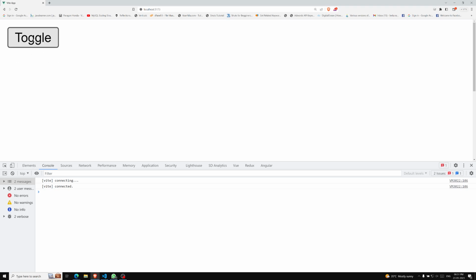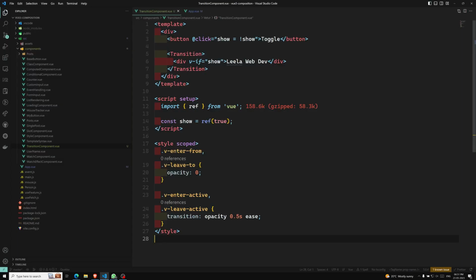So now we are able to hide this Leela WebDev text, and we are able to show it using these animations. So this is the simple example I wanted to show you. So how does this actually work? Now you need to understand one tip: transition only supports a single element or a component at its